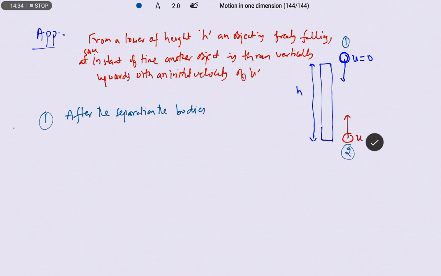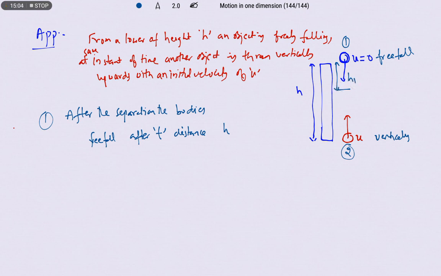Object 1 is under free fall, object 2 is thrown vertically upwards. So after t seconds, for the object under free fall, the distance covered,